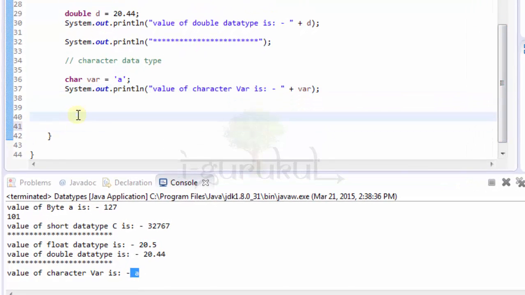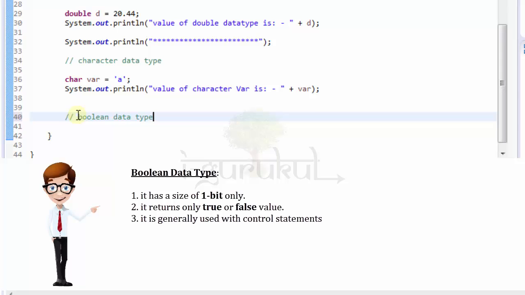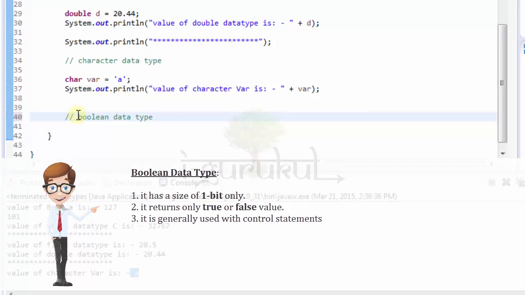Our next one is Boolean data type. So what is a Boolean data type? Boolean data type can contain only two outcomes. That means it can either be true or can be false. It does not contain any other value than that. So when you are using a Boolean type of data type, you have to be sure that you are using it for the true or false option only. Generally, Boolean type of data type is used for conditional and control statement, that is if-else statement or while loop.